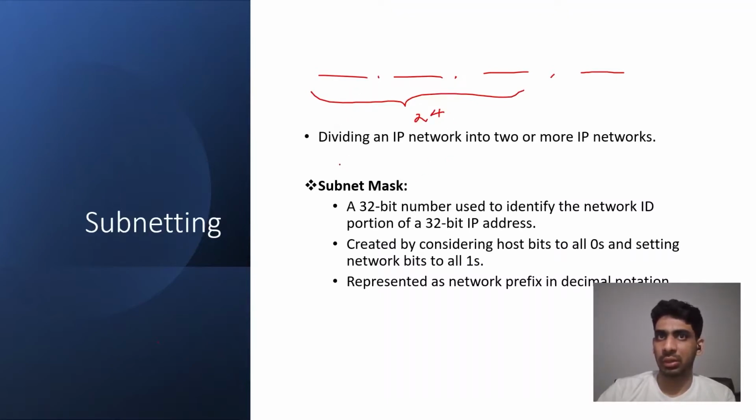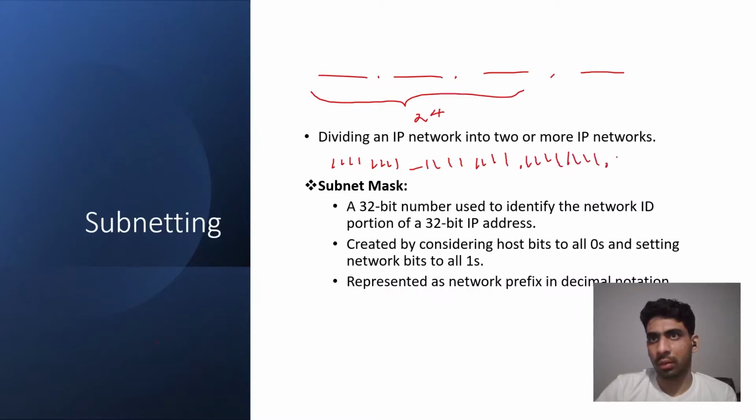We are using binary here. So we'll be assigning 1 bit for each of these network address bits, so it will be like 1, 2, 3, 4, 1, 2, 3, 4, like this. And for the host bits, we'll be using 0. So likewise, this IP address will be